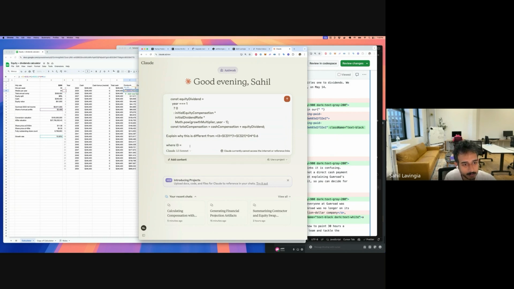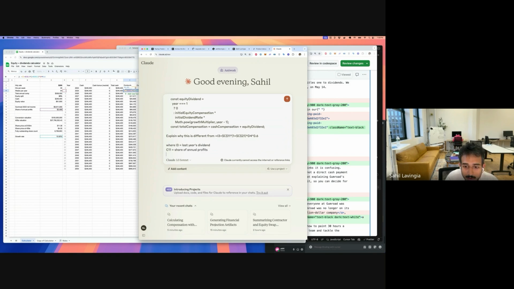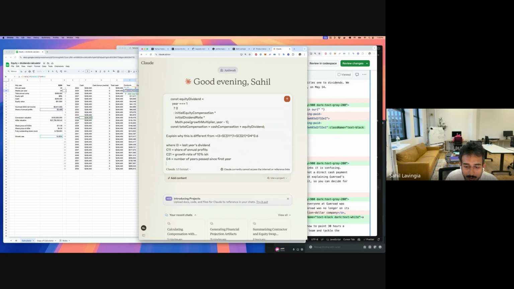If it would have told me where I3 equals last year's dividend. C11 equals share of annual profit. C21 equals growth rate of 10% ish. D4 equals number of years past since first year. Here,